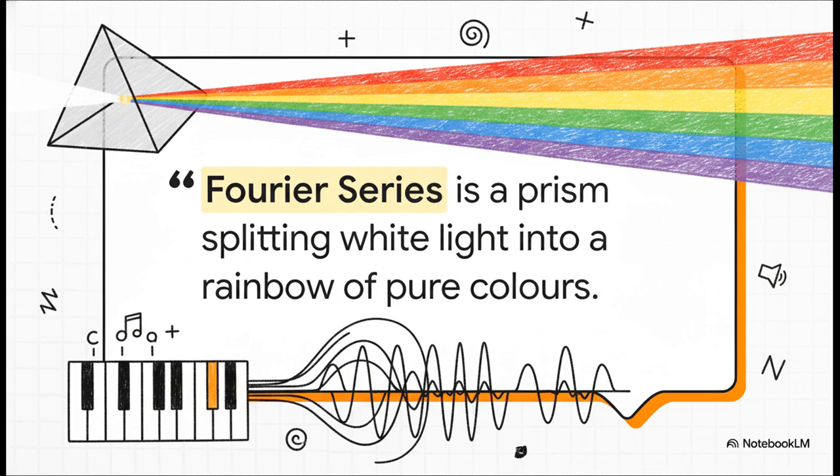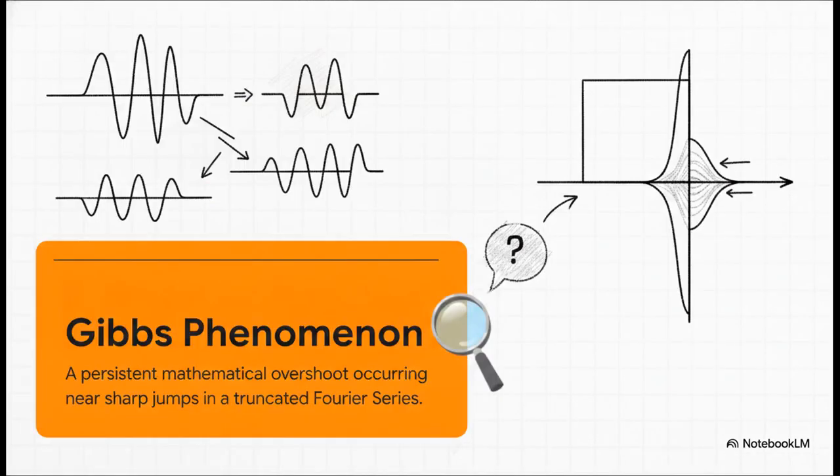It's basically a mathematical recipe. It explains how you can completely decompose complex sounds, say a piano playing a C major chord, into a simple sum of pure sinusoidal tones. It tells you exactly how much of each pure note to bake into the signal to recreate it perfectly. How cool is that? But as with most things, this mathematical prism isn't perfect, and that brings us to the